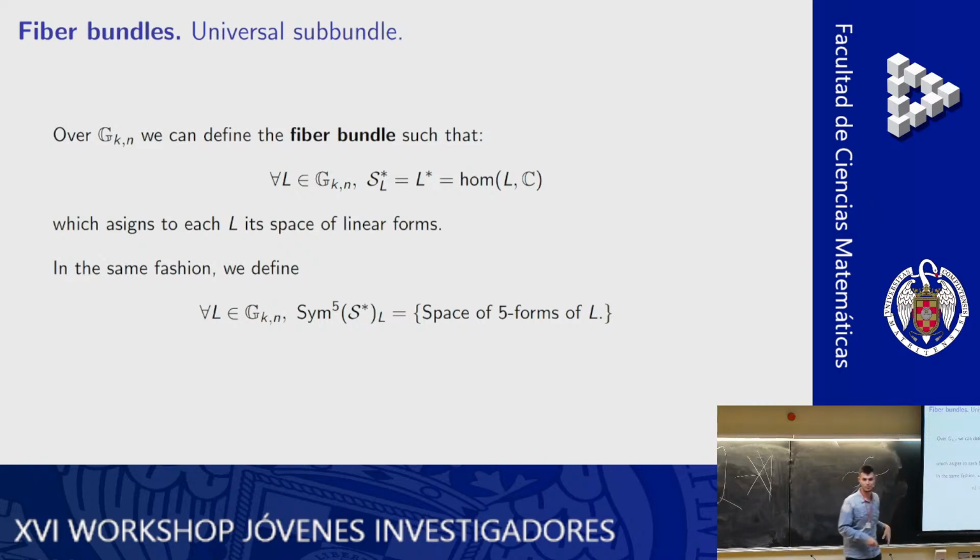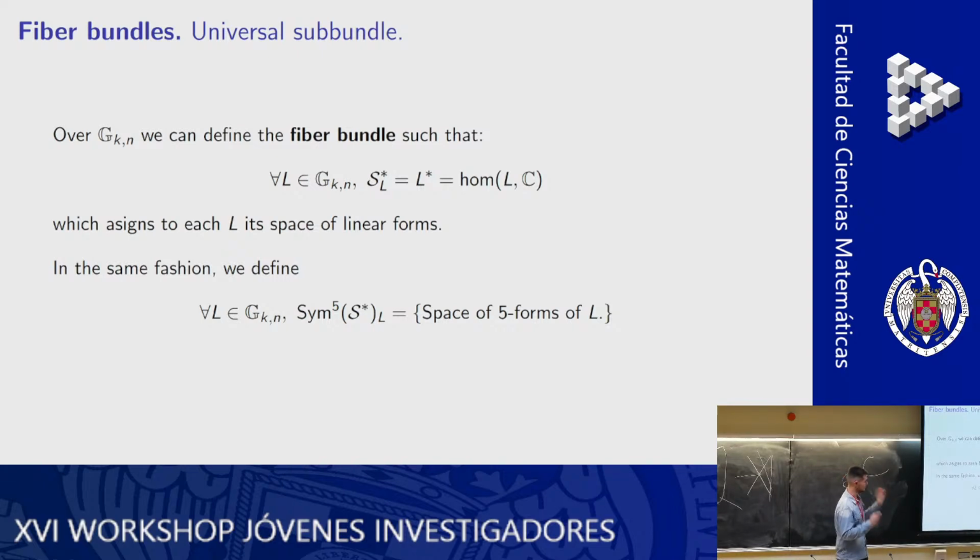For those of you who worked with fiber bundles, this is so easy to define because we are going to attach to each point of the Grassmannian, which is a line, the dual of that line. Okay. And for those of you who didn't study fiber bundles, a fiber bundle is just an attachment of a vector space to every point of a variety with some kind of trivial structure locally. Okay, so in my master's final thesis, even I didn't prove that this is a fiber bundle. So I mean, you can work with this without realizing it's a fiber bundle.